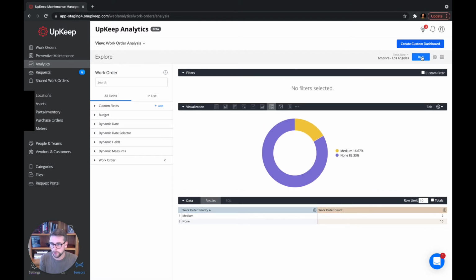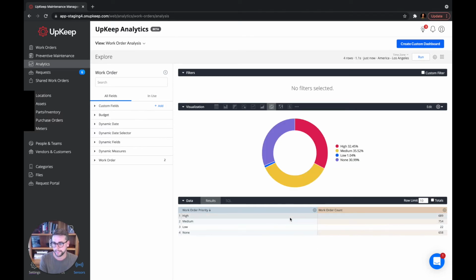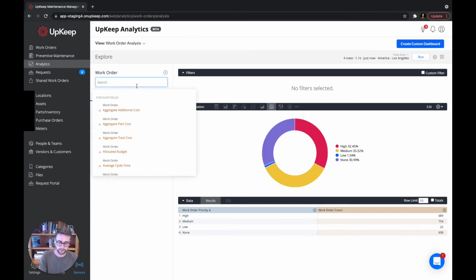So we have all work orders by priority and the number of work orders that fall into each of these priorities. You're going to see high, medium, low, none, with actually the majority of work orders under high. But maybe we want to filter this by date created to make sure that we're seeing only relevant data for